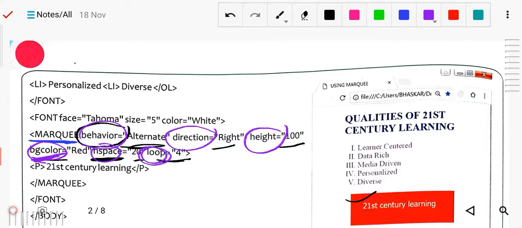So these are all the attributes of the marquee, and all of them are used at a time. It is up to you how many attributes you want to use according to your usage. It is not necessary that you use all the attributes.